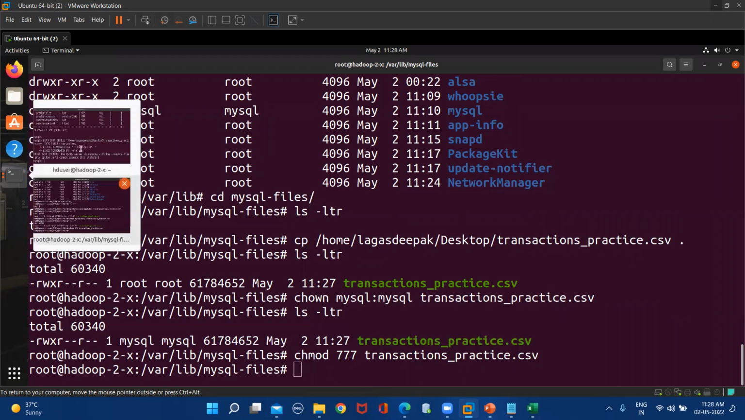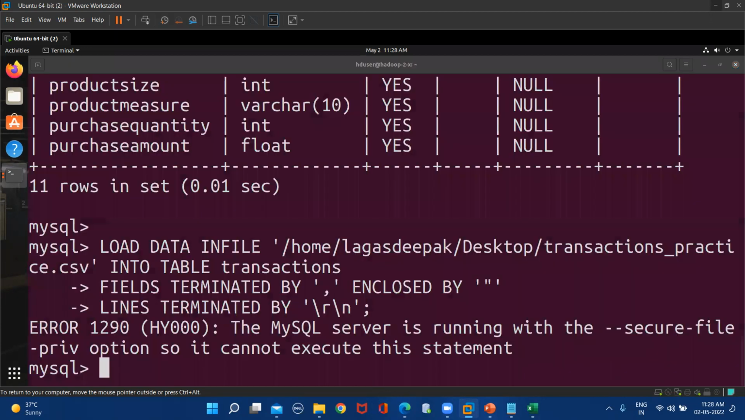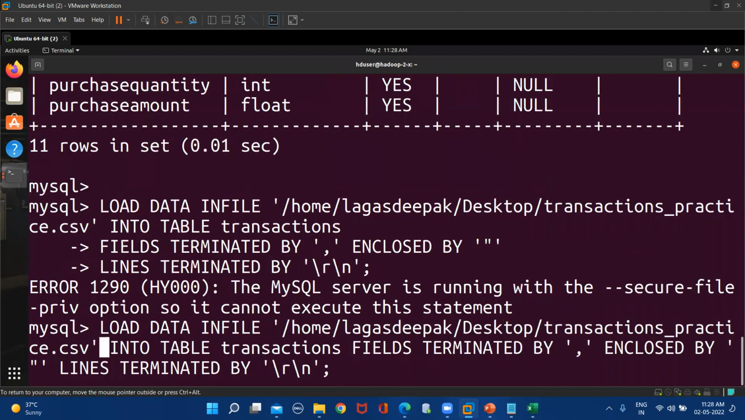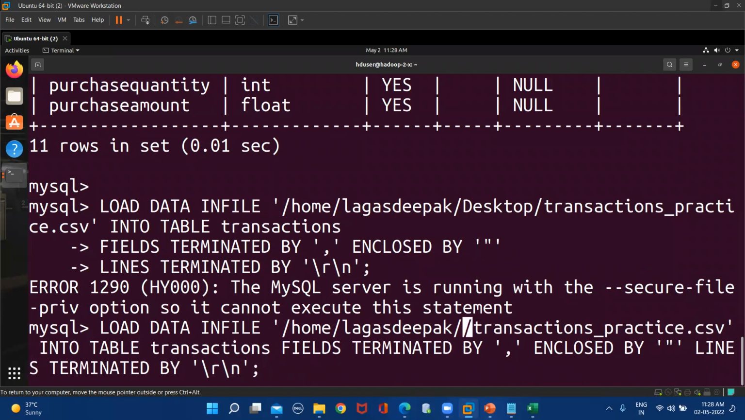Now your file name will be changed, right? Upward arrow. Now in place of home, using left arrow. Before transaction underscore practice, remove that home, your username, desktop, and then just type var lib MySQL hyphen files /var